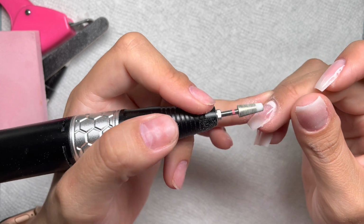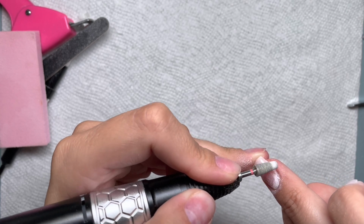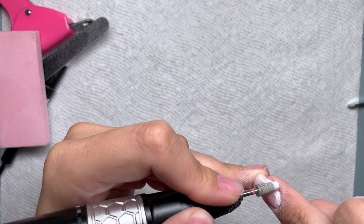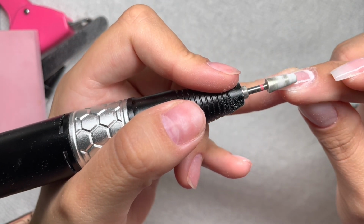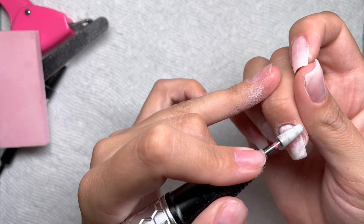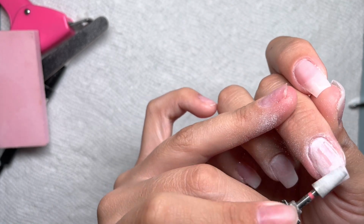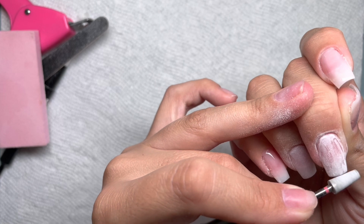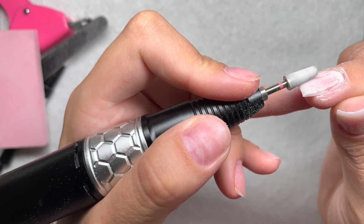But anywho, this is how I would do this with an e-file. I will gently go around my cuticle area first, and my e-file is at a speed of 5 to 6. Now that we're on builder gel and not our natural nail, I do up my RPM, and so I will do my cuticle sidewalls first and then go up and down the surface of the nail and really focus on the free edge again to thin that